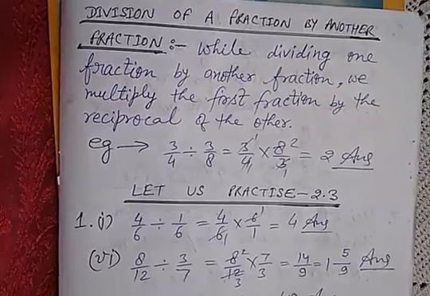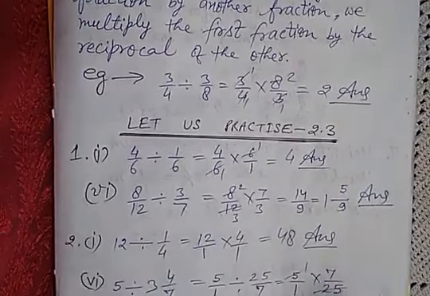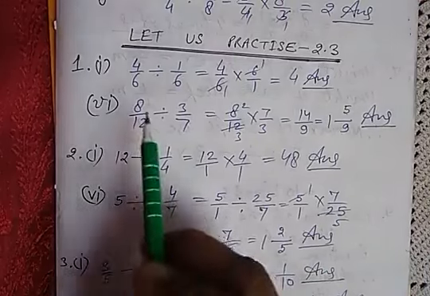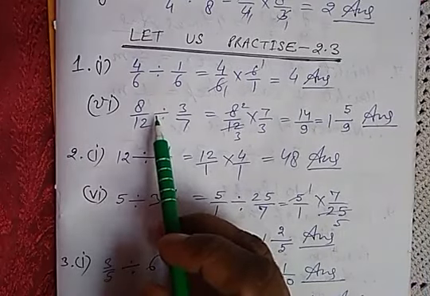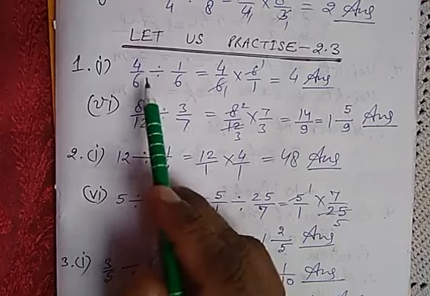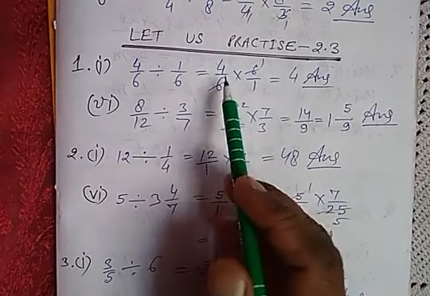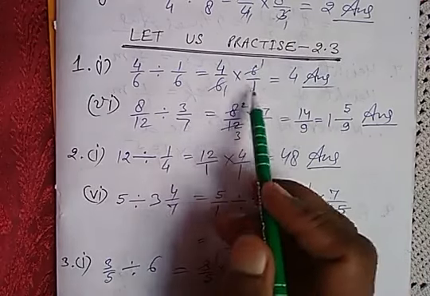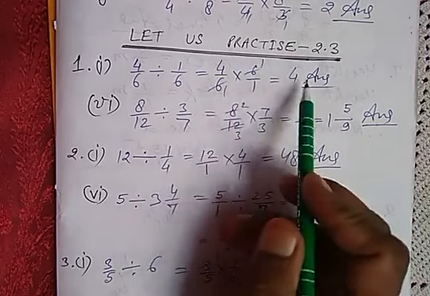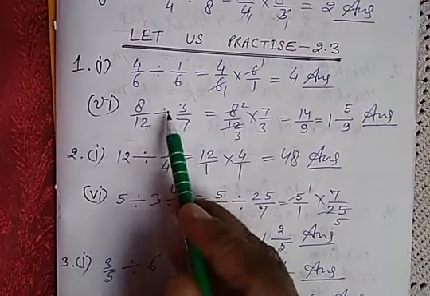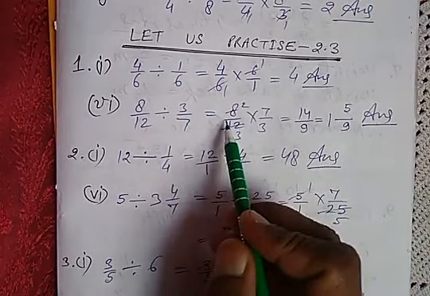Now, we have to solve. Let us practice exercise 2.3. Question number 1. In this question, we have to solve this one. 4 upon 6 divided by 1 upon 6 is equal to 4 upon 6 into 6 upon 1. 6 ones are 6, 6 ones are 6, so it is equal to 4. This is the answer. Now, sixth part is 8 upon 12 divided by 3 upon 7, which is equal to 8 upon